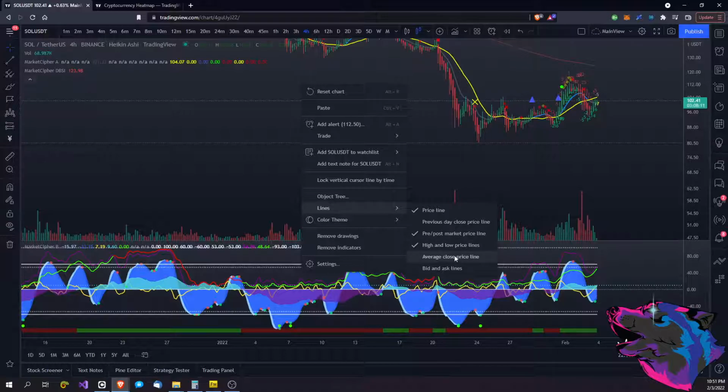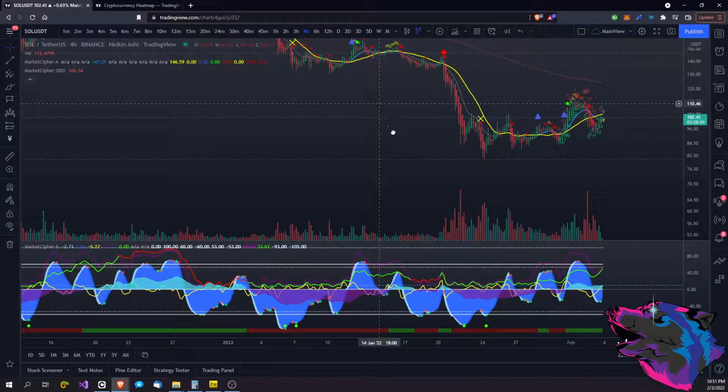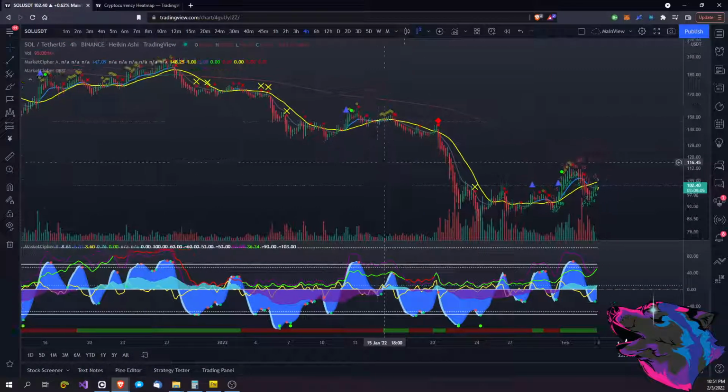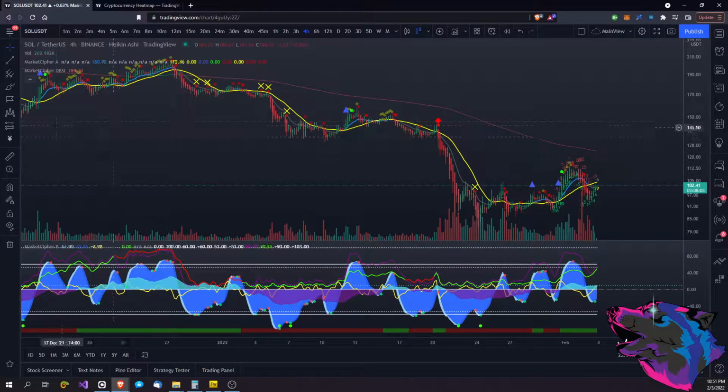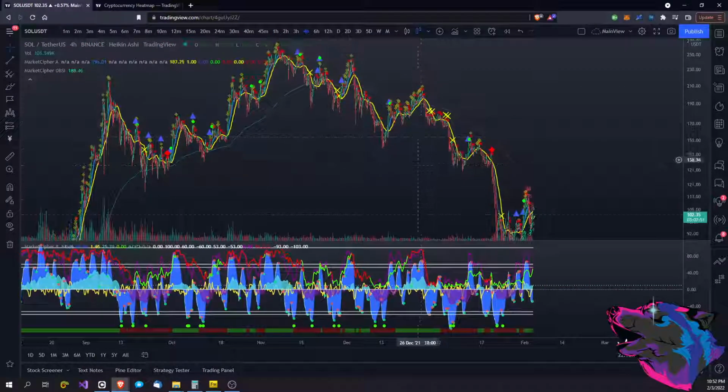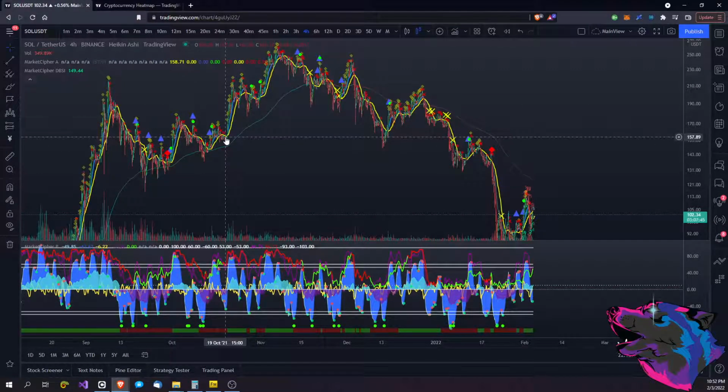Next, we have the average close price line. Now, let me hide this previous one here. You see this line right here. It is the average closing price of all the candles that are currently on the screen, currently in this window. If I shrink this down, you can see it moves because now the average of all of these candles is right here. And, you know, should you want to say something like that, it'll give you a general idea